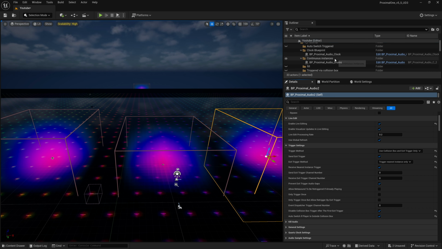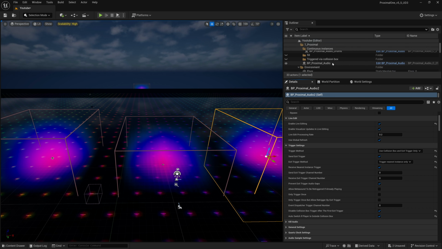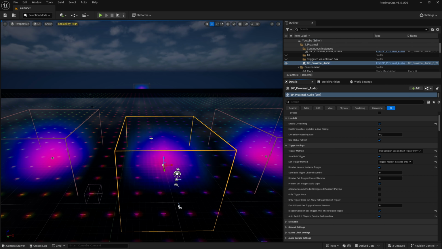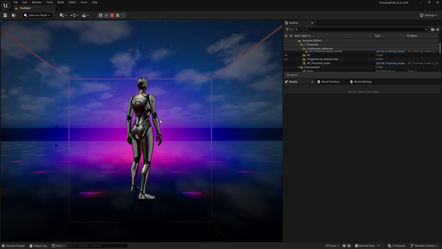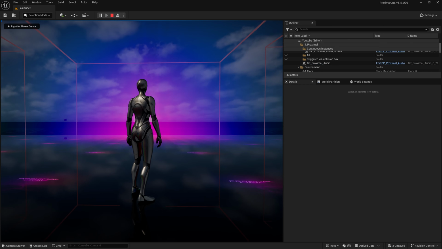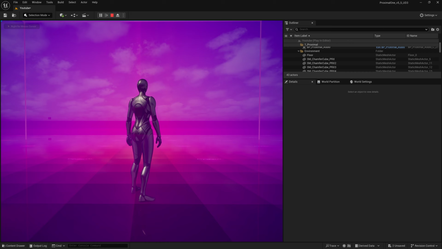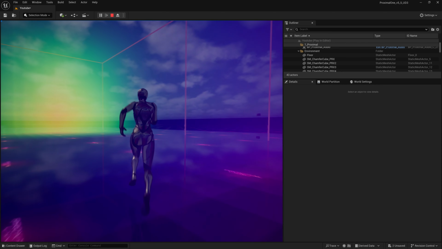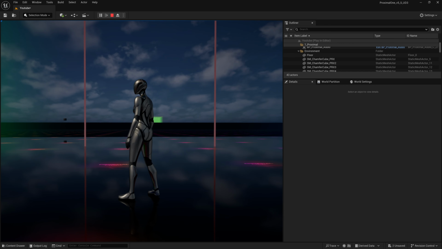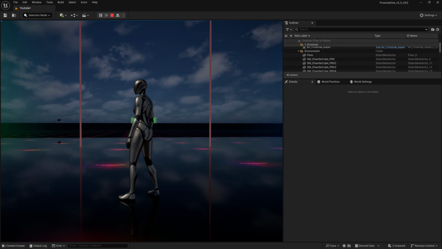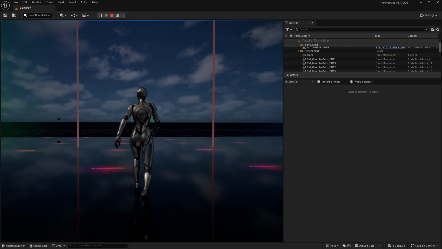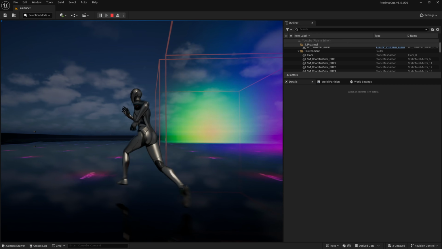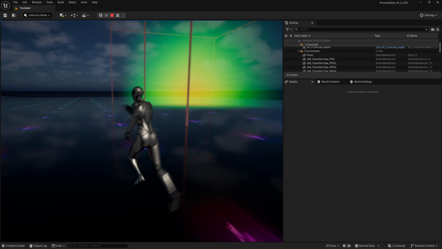And so I want to enable it on all of them. So let's have a listen, see what happens now. So it's triggered that instance, but let's say this time we don't go into the collision box and we run